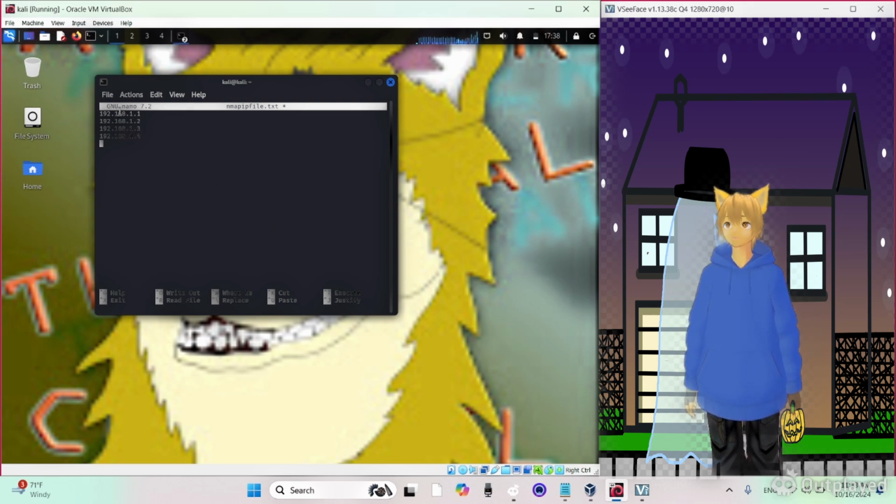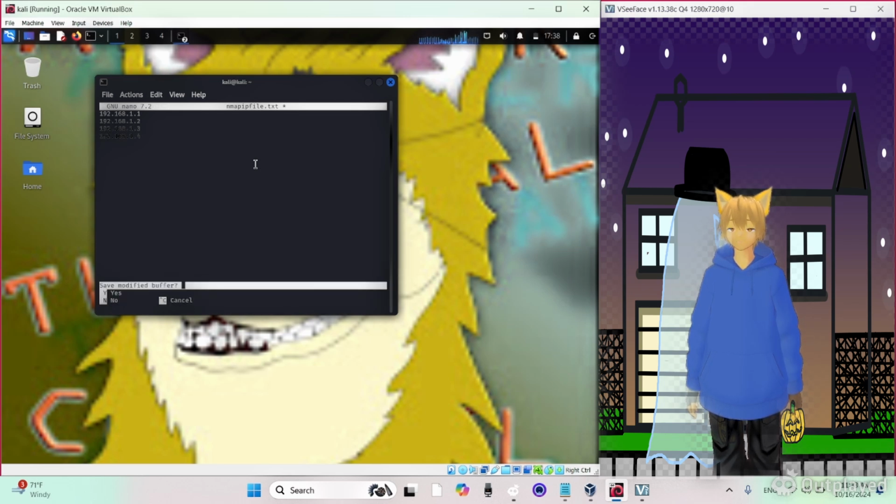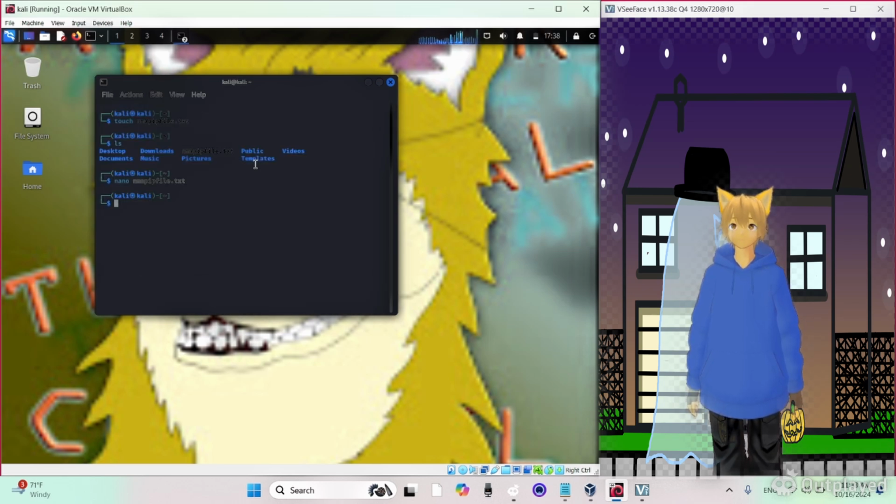Okay, so once you have all the IPs in your file, go ahead and press Control X, Y, enter. So now that's saved. And then to scan the IPs from the file, you'll go nmap